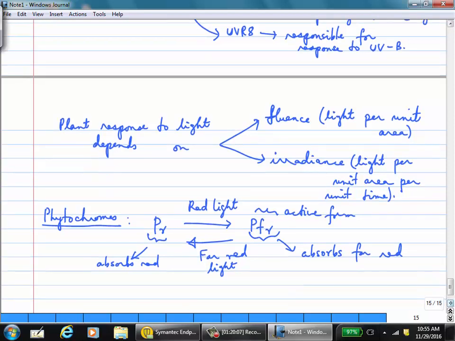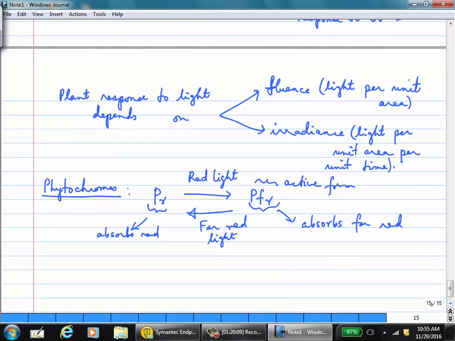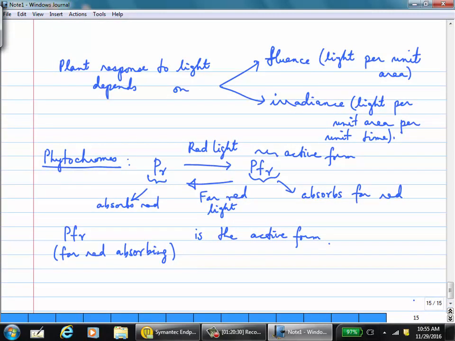So PFR, the far red absorbing form, is the active form. And the example is the germination of lettuce seeds. This is discussed in the book. So lettuce seed germination is a typical